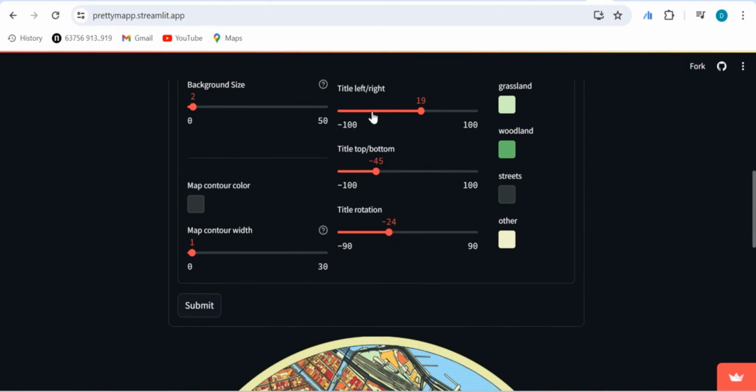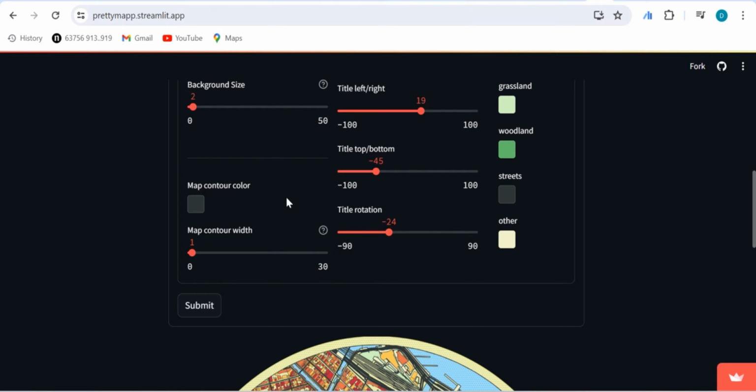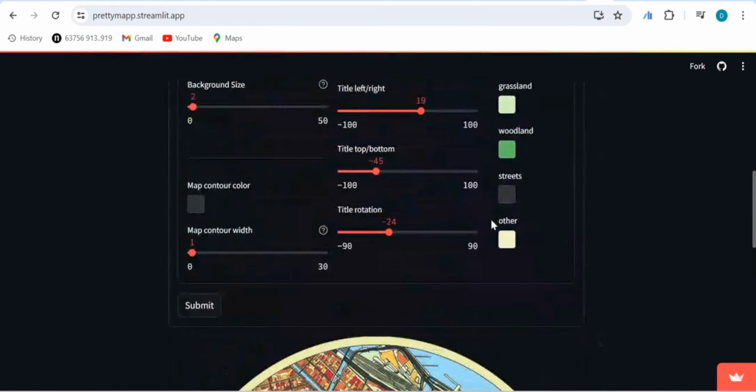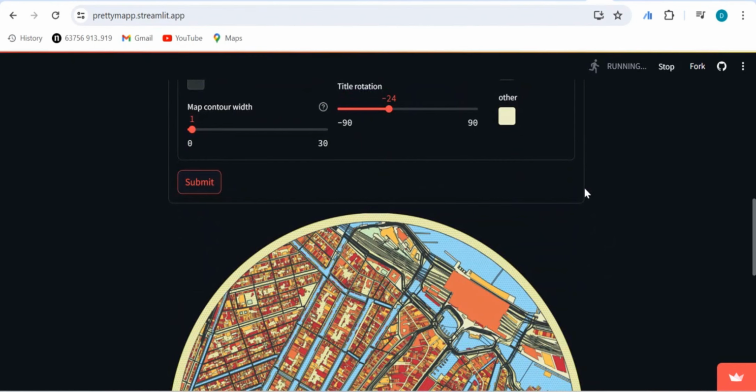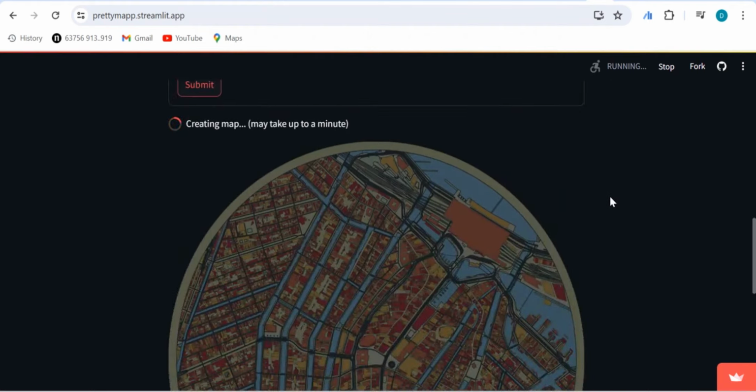And then we can also adjust where we want to put the title, and also the contour colors, the map width, and the title rotation. Every time we make any adjustment, we can just press the submit button. We get the new output.